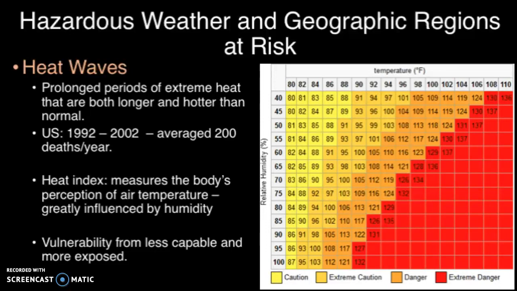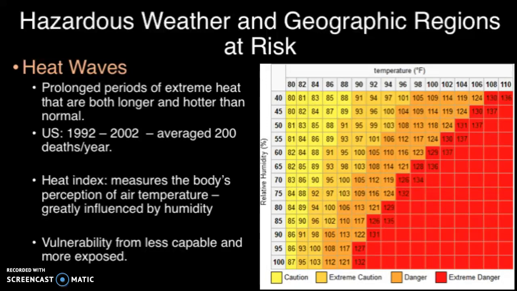1992 and 2002, an average of 200 deaths happened per year. So between those 10 years, about 200 deaths happen every single year, just in the US. Again, these deaths happen because of heat-related causes. So it might have been that people got a heat stroke, or it could have been some sort of heart attack caused by the amount of heat, or something like that. It could have been also something else that we'll talk about in a second. But that's just different